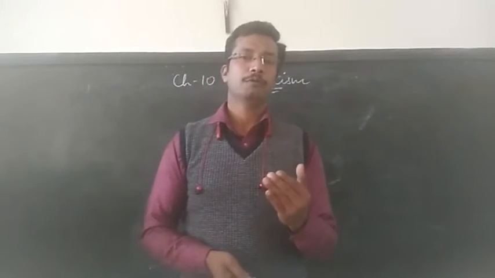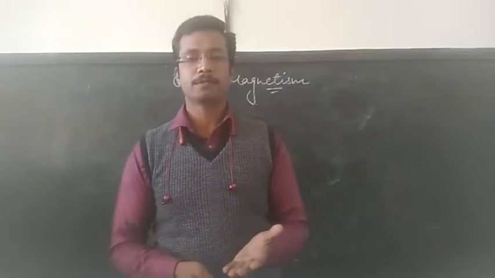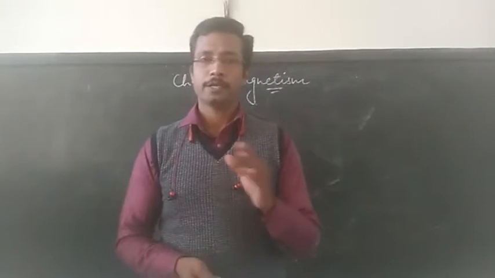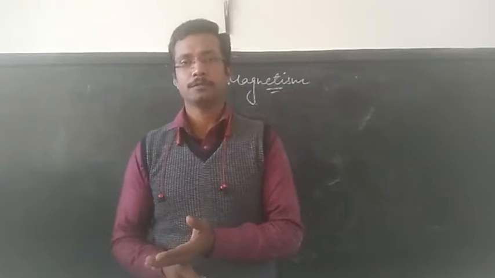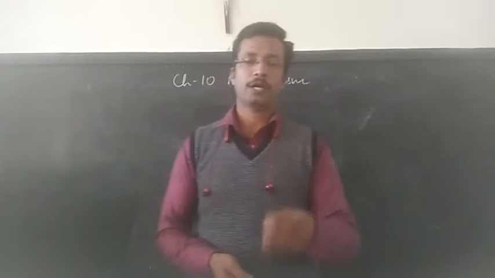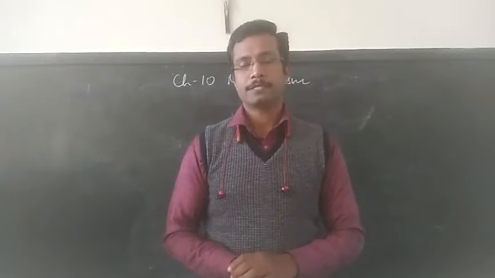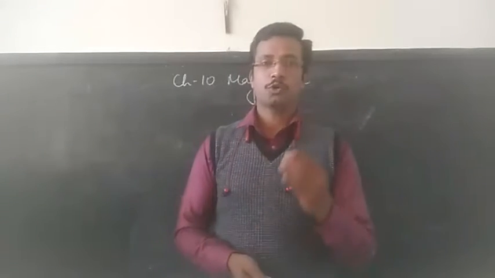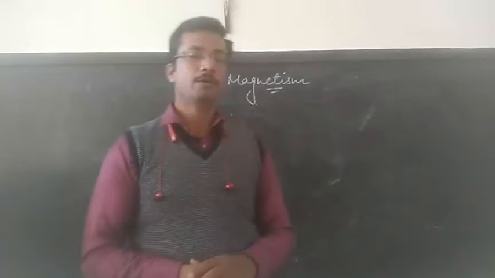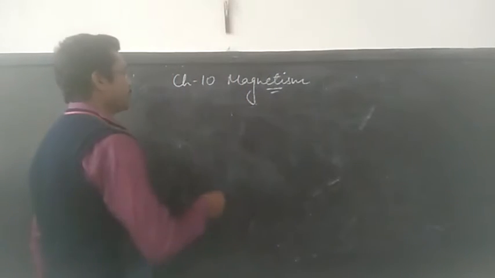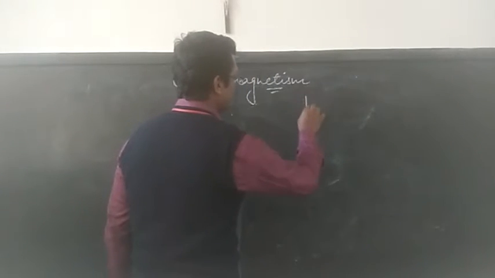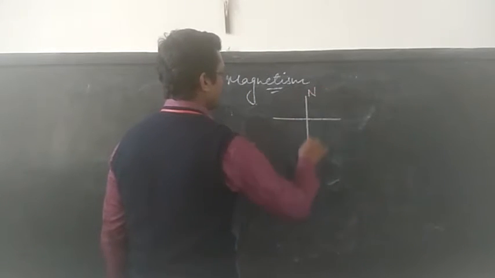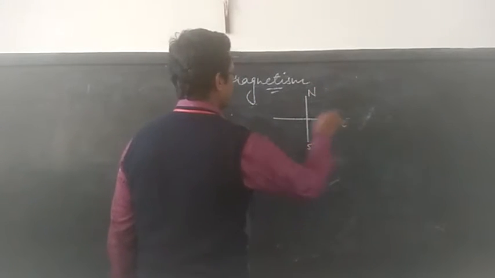So depending upon which direction the magnet is kept, we can obtain neutral points either on either side of the broader part or on either side of the ends, that is, on either side of the poles. So we are going to see where you will obtain them. First is the case, if you see, keep this as the direction, that is geographic north, south, this is east and west.